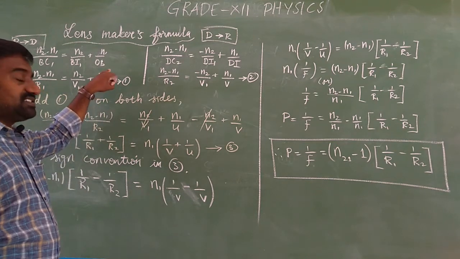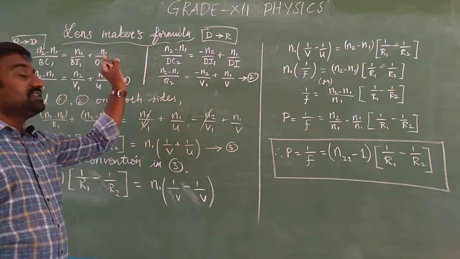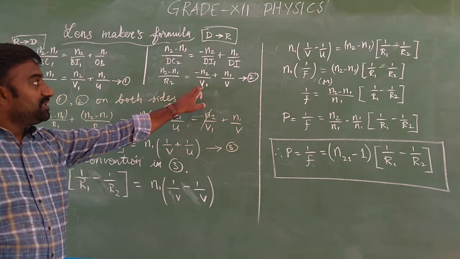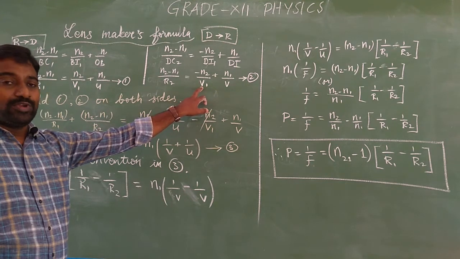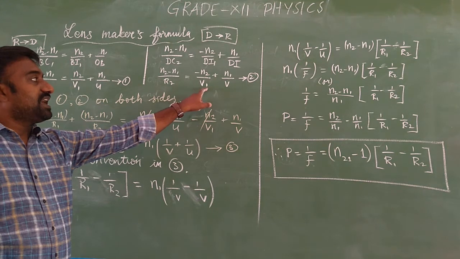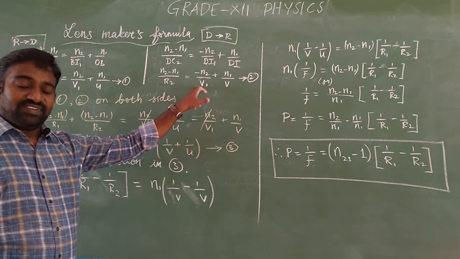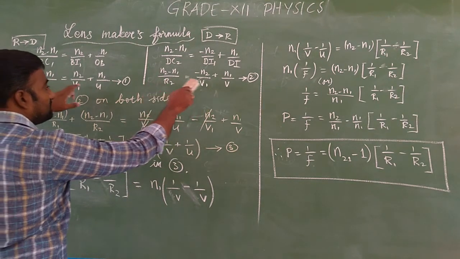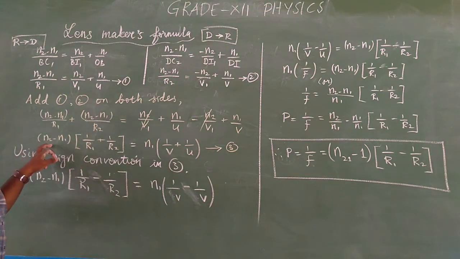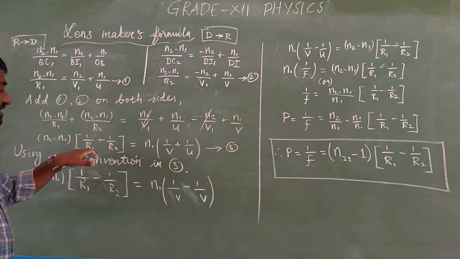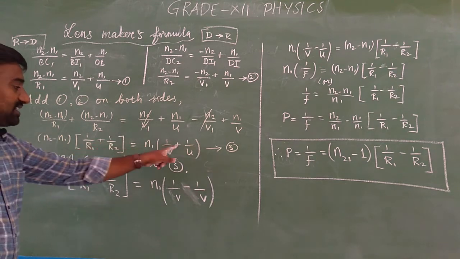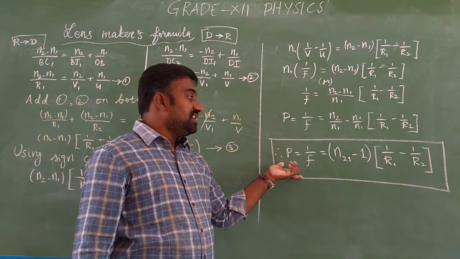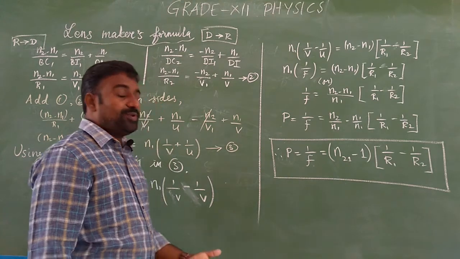The image by the first lens surface acts as an object to the second surface, then the final image is obtained. So there, instead of u, we have mentioned v1, which means the image by the first surface serves as the object distance. So the two relations you are going to add, the left hand side as well as the right hand side. After adding, you will get one equation. In this equation, you substitute the sign convention. By the sign conventions, after rearranging, you will get the final equation. So this equation is the lens maker formula. I hope you are clear about this.